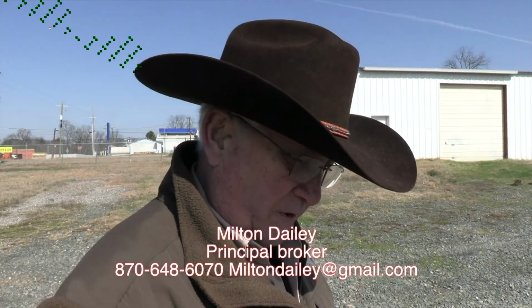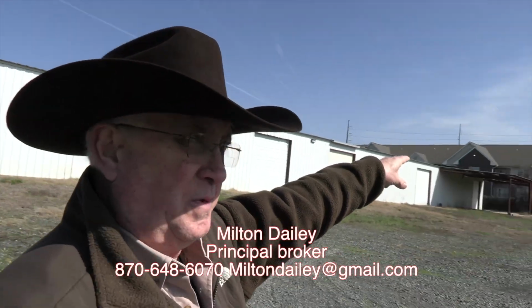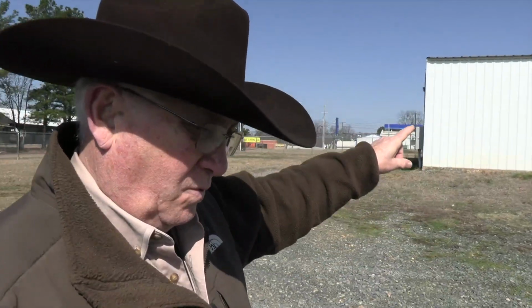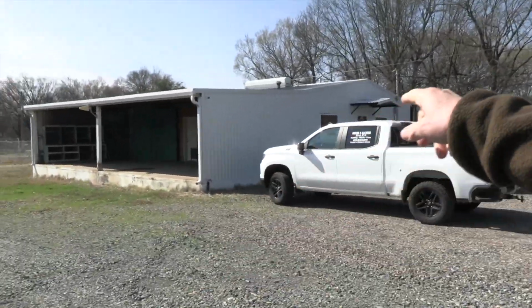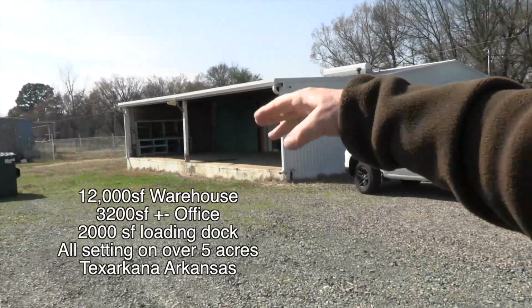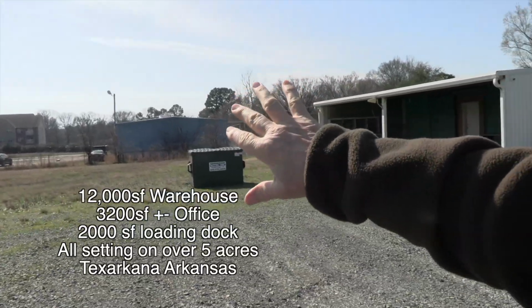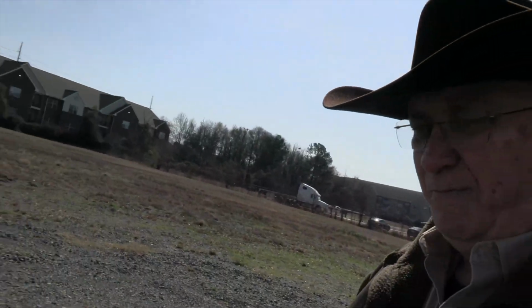I-49. Okay folks, on today's show we got a big warehouse over here just off of East 9th Street. The I-49 loop is just a quarter of a mile this way, but we got a 12,000 square foot warehouse right here that's up for sale. And we got a nice office. We'll go in there and look at that here in a few minutes. Got some docks here, but then we got another big building over there that's got 5 docks where you can pull a semi truck up and back up to that little storage unit. Got parking out here. It sits on a little over 5 acres, but let's go in and look at this